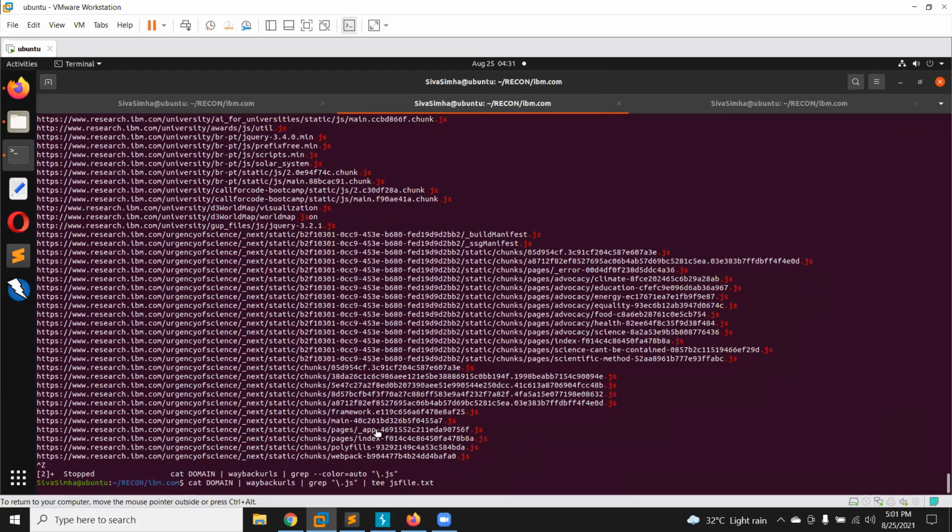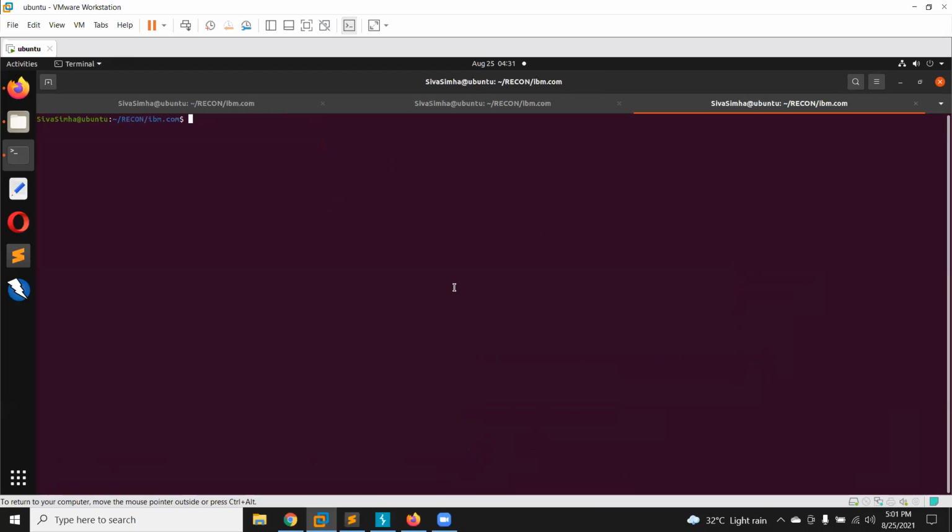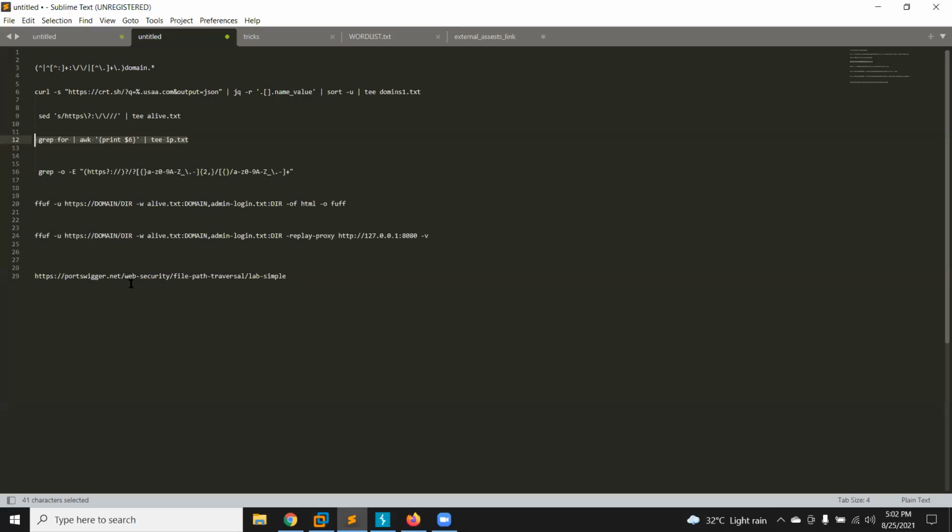Suppose I have downloaded some JS files. So this is a JS file. I am going to read this JS file, and for that I am going to use a simple command. So what this will do is